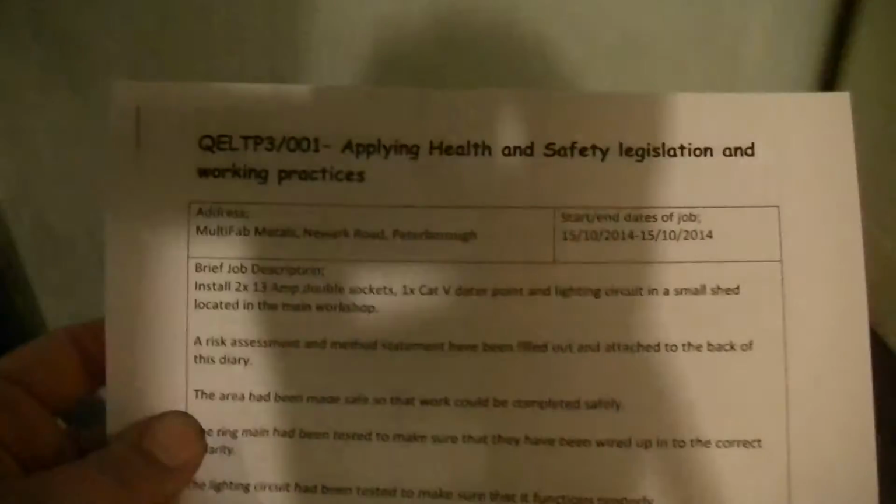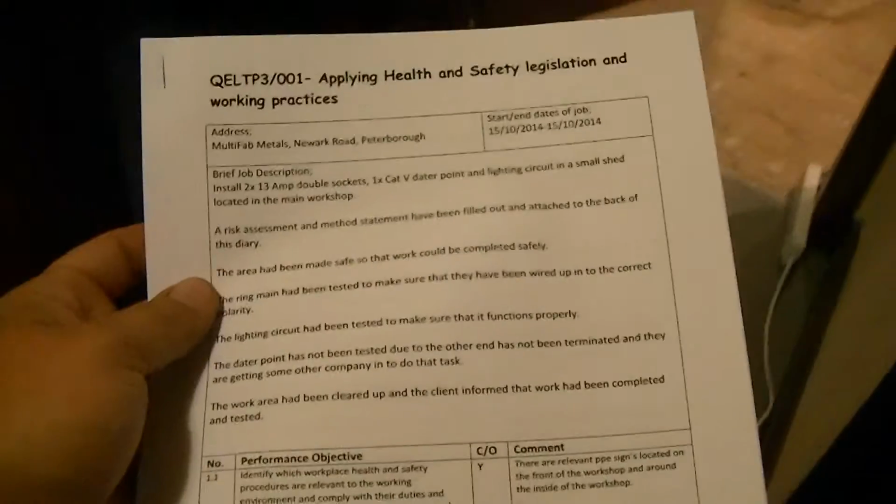Another problem, well, I knew this was coming when I said yes to doing it, but oh well, we live and learn. But it's something I wanted to do, and I decided to chase it up. This is one of many for my electrical apprenticeship. It's a 3 year course, level 3 electrical apprenticeship, and yeah, quite a lot of stuff missing there. But I've done a recent job, GPS in Huntingdon, and I've done that plus another one, which is a different type of